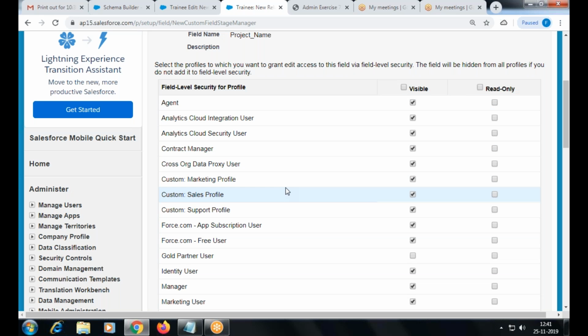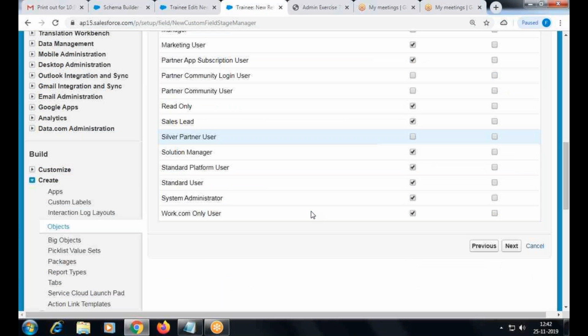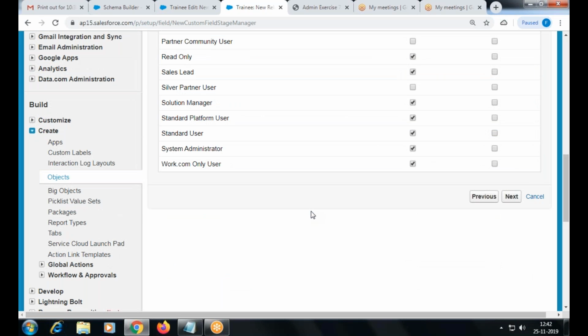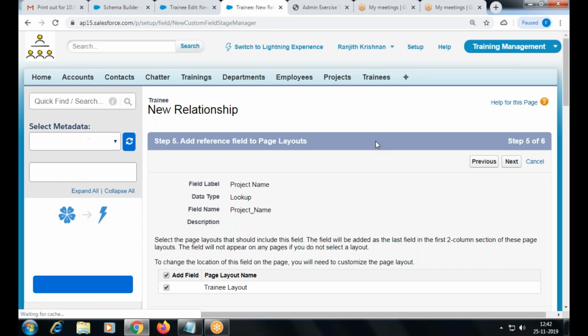But what happens with the master detail? The field cannot be made read only. If the profile has access, then they should give a value for that field. The relationship is mandatory in the case of master detail. Okay, but don't try to understand it theoretically. Now you may not be able to catch things completely in a theoretical way. Do it practically, then you'll get the clarity. Pardon me. Now everyone is going the theoretical way, right? I am doing the practical thing now. Just do it practically, then you'll understand.